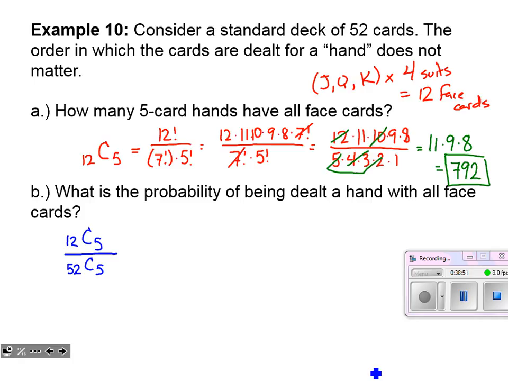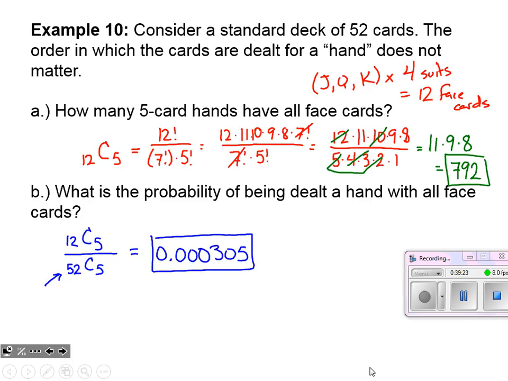All right, so there's our probability, and again, we used this counting to set up an order not mattering, choosing 5 out of 52 cards. That is our total possible outcomes. That's the size of our sample space. And definitely going to use a calculator for this one. The result, you can see why this is such a good hand in poker, 0.000305. That's our probability. The calculator will not even convert that into a fraction. Not very likely at all.